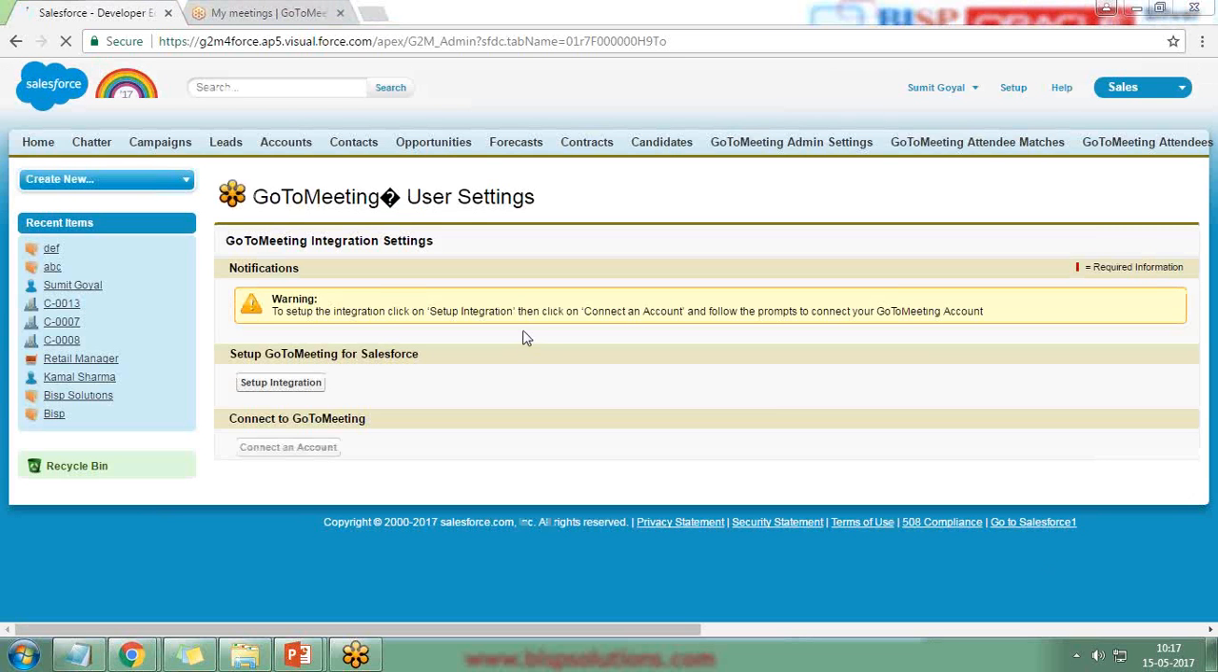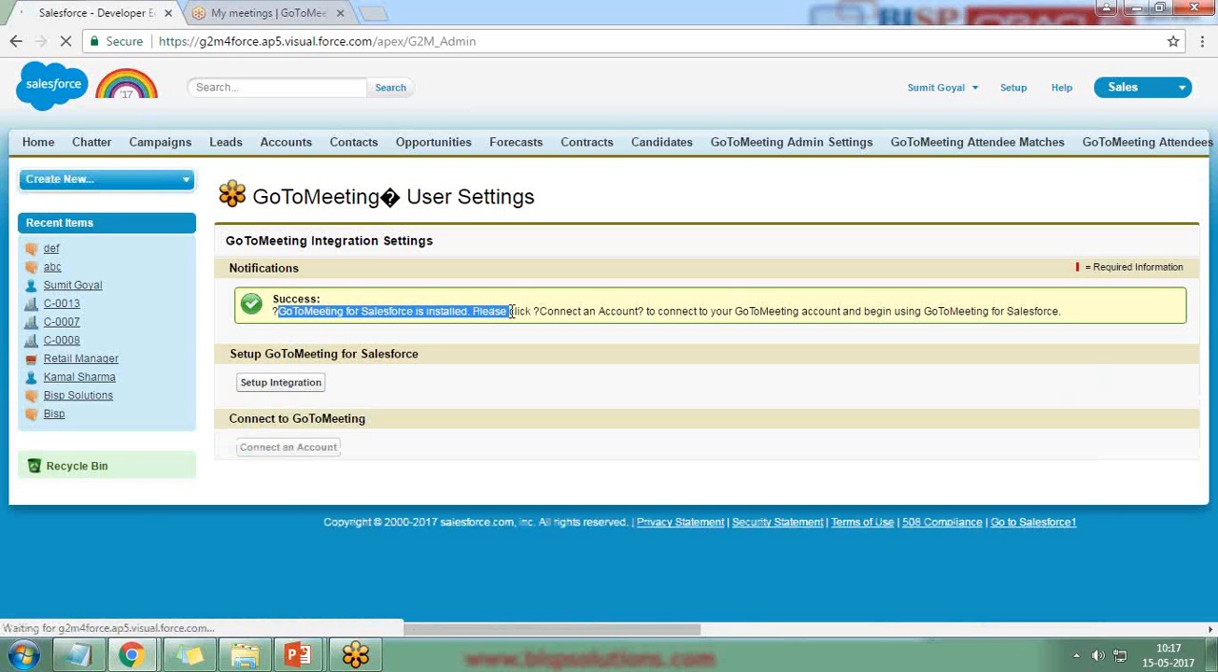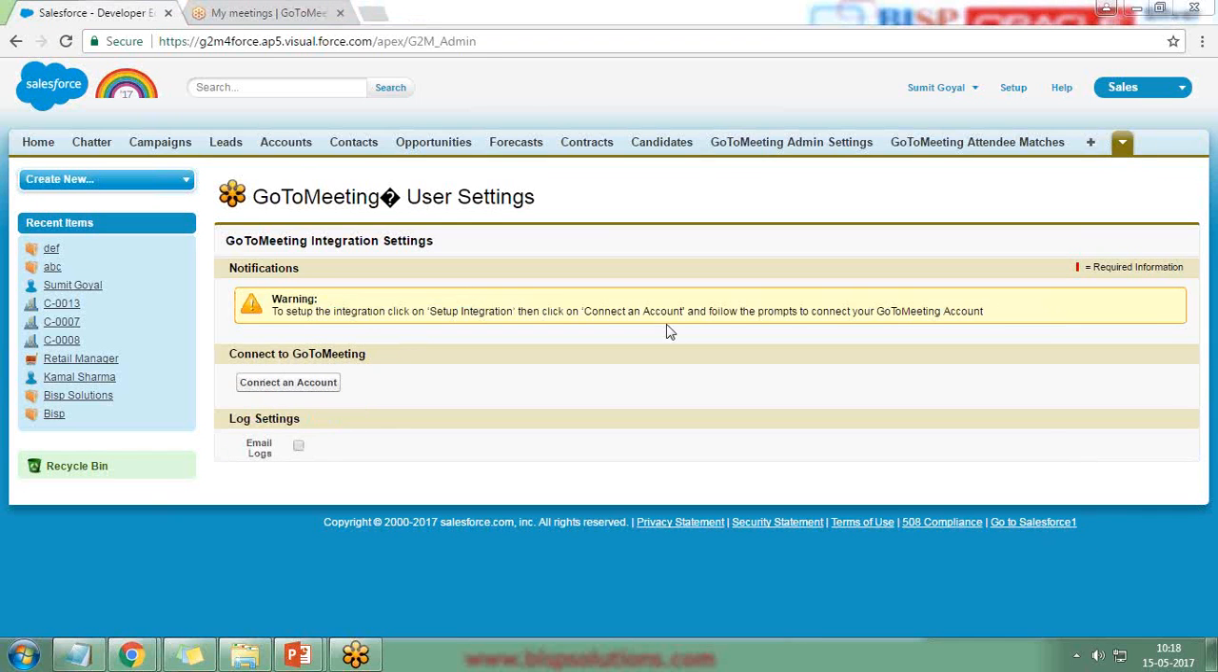Now to set up integration, first of all, I need to click the GoToMeeting account. So I click on set up integration, and it shows that GoToMeeting for Salesforce has been installed. Once integration is done, it is asking me to connect to GoToMeeting. So it will ask me to connect an account, and I click on connect an account,